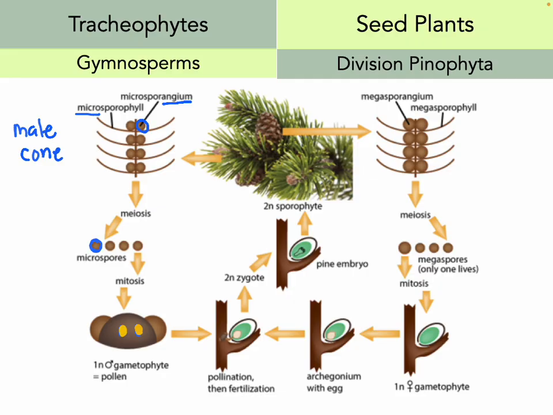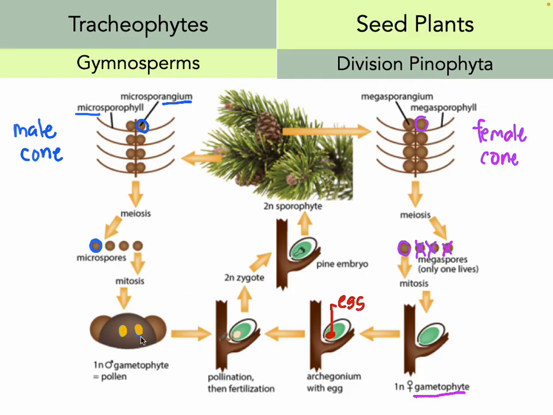On the female side, this is a female cone, or your typical pine cone here. They have megasporangium inside, and inside they produce megaspore, but only one of them survive. The rest of them die, and this megaspore germinate into female gametophyte, and female gametophyte here finally produce egg. Here, this is egg,